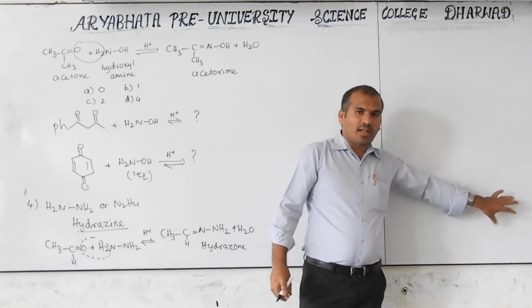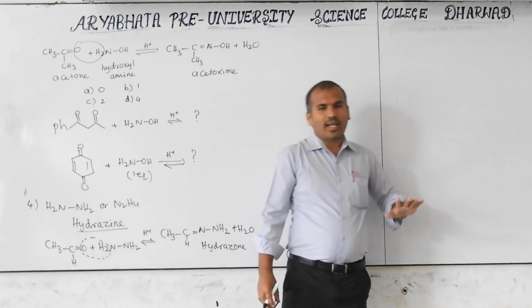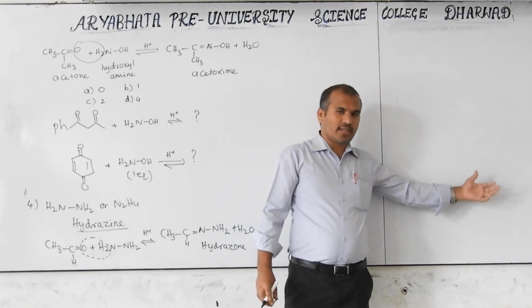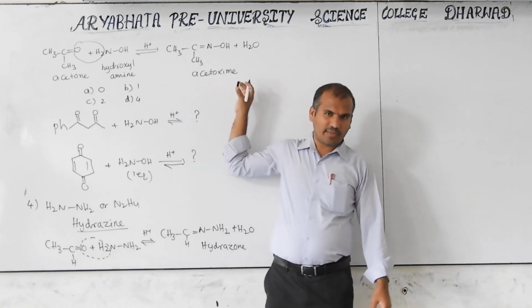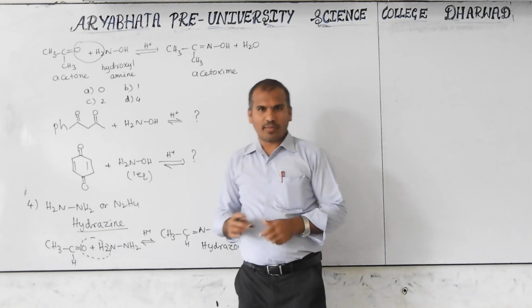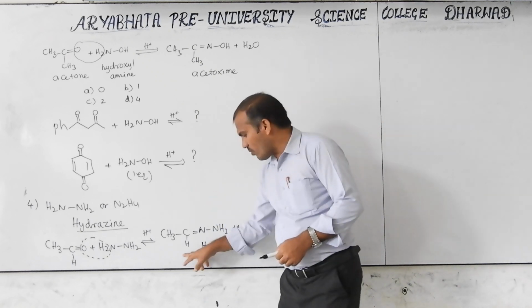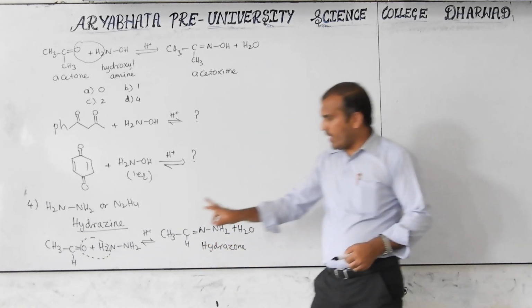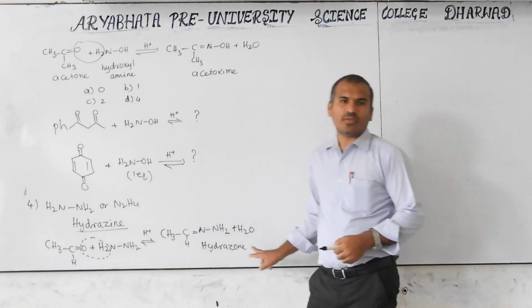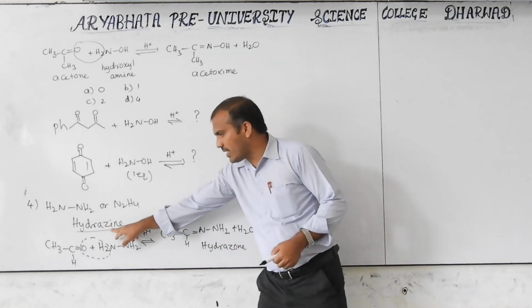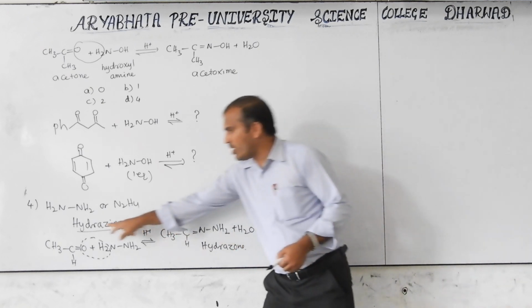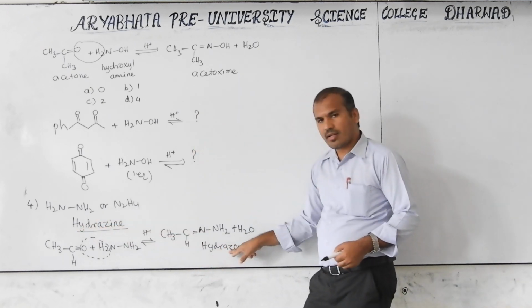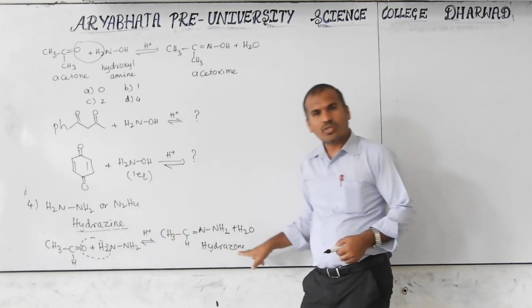Already one statement is given here: when an aldehyde or ketone reacts with hydroxylamine, what do they form? Oxime. Then what is the latter being converted to? Acetaldehyde gives an acetaldoxime, acetone gives an acetoxime. Now here, what do they form? Hydrazines give hydrazones. The word is spelled Z-I-N-E, here it is Z-O-N-E. The remaining part is the same: hydrazine is converted to hydrazone.